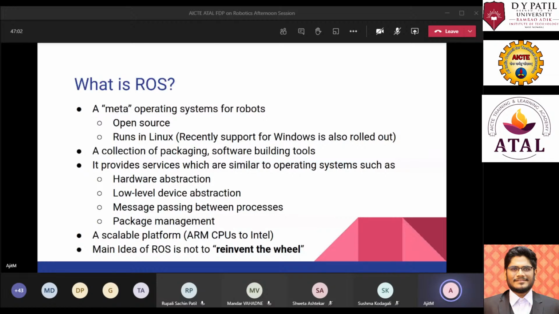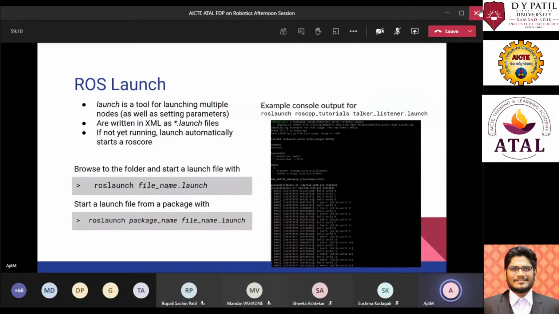So these are the basic ROS core things in ROS which you need to know. Moving along, there is a roslaunch tool which is available. What is that? When you have multiple packages in the system, you need to launch those packages at a single time. And to launch these multiple packages, ROS has provided us with roslaunch files.